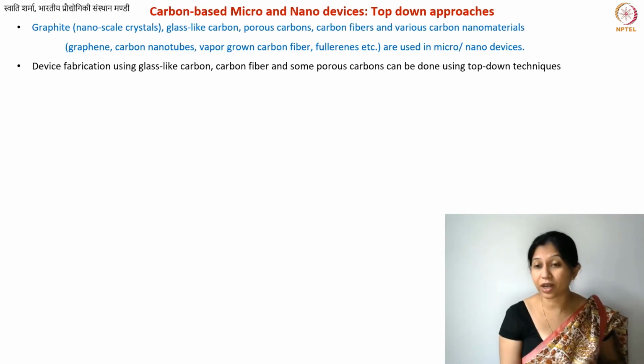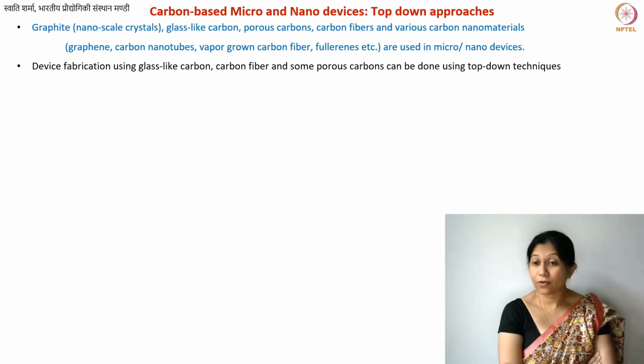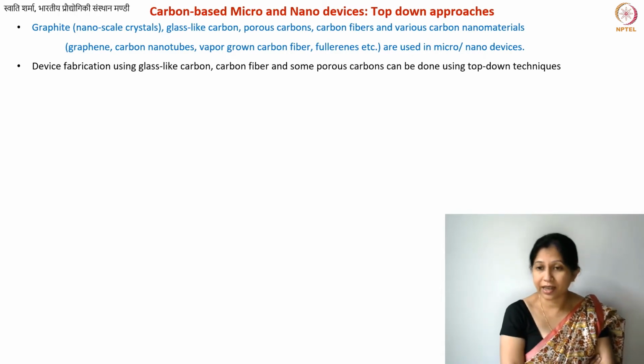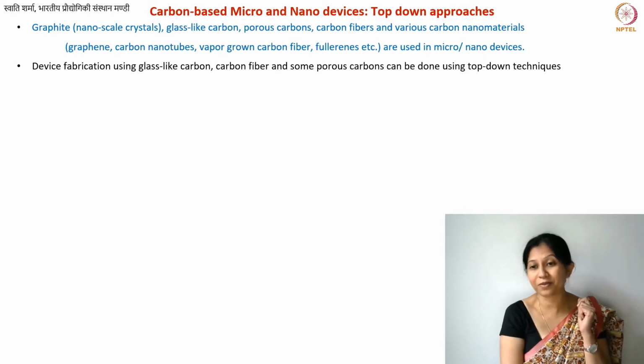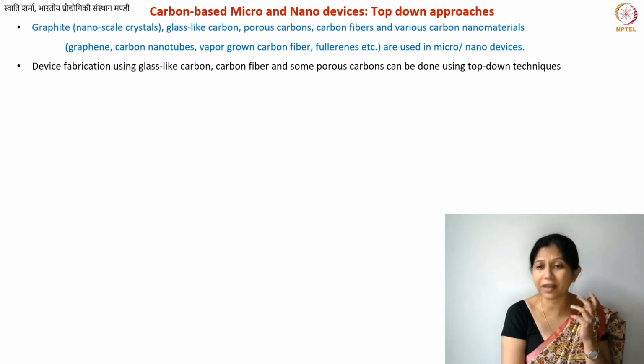I also told you that carbon fibers, well, in the case of composite materials, they are used at large scale. They are used definitely as CFRCs, they are used for making very large structures. But at the same time, you can directly use these carbon fibers for making micro nanoscale devices, especially different kinds of sensors and membranes and so on, even electrodes, because they are high surface area structures.